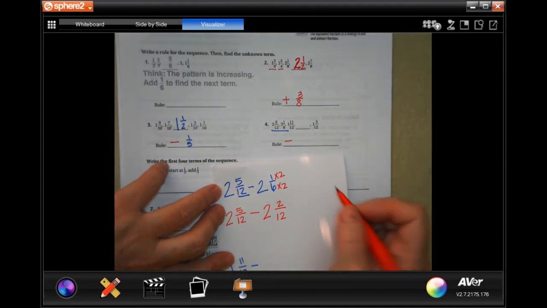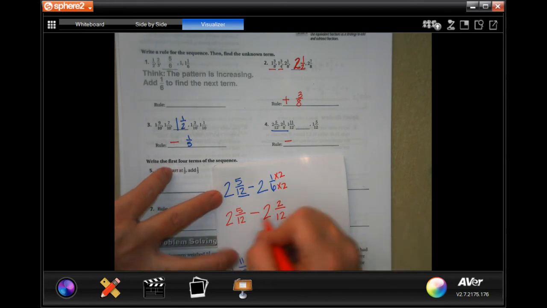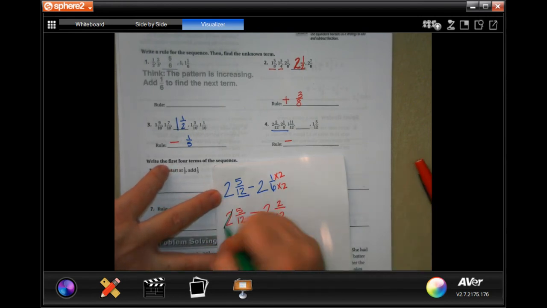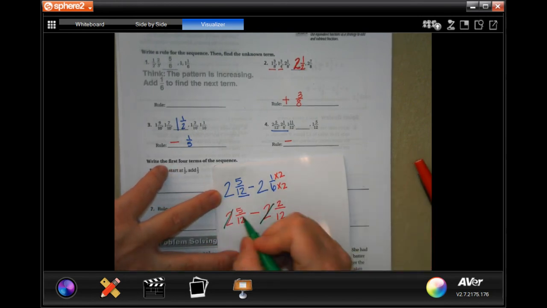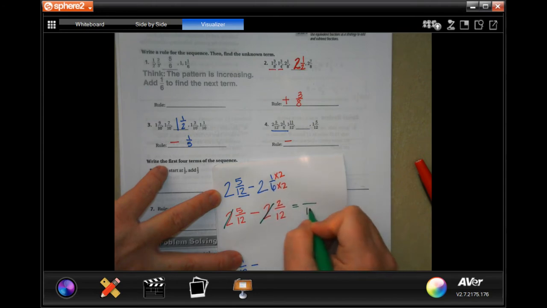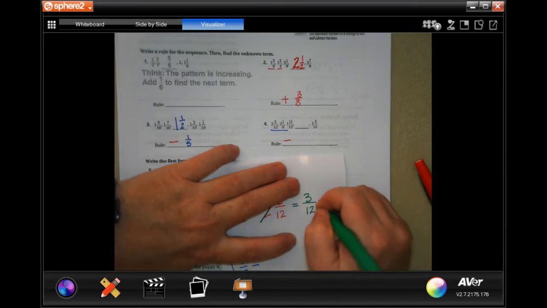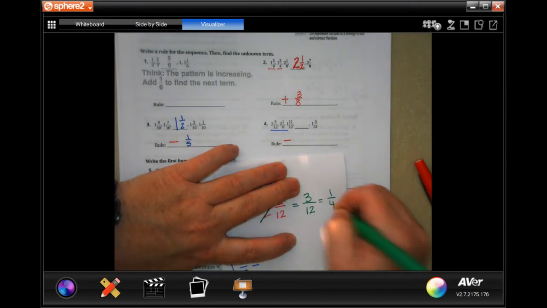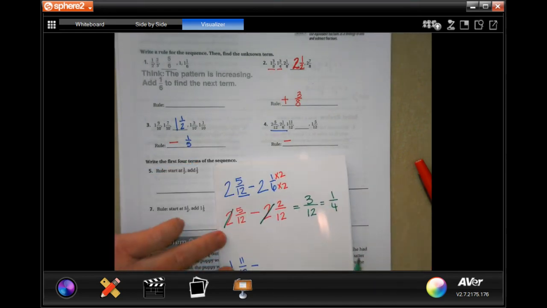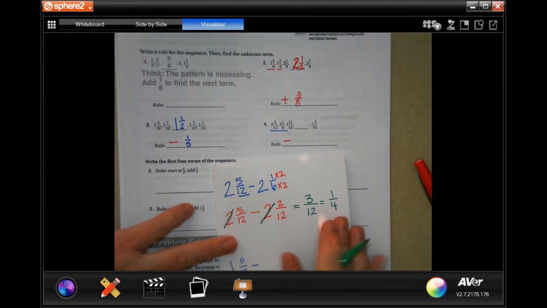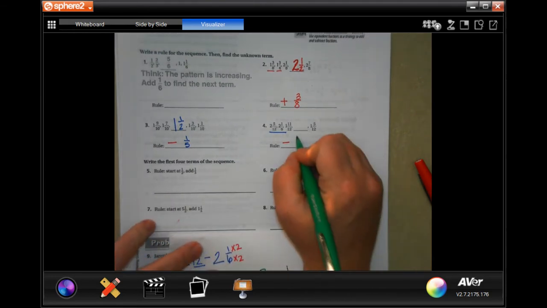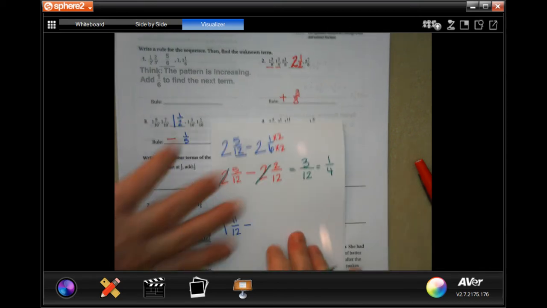Okay? So now 2 minus 2 cancels, ends up 0. The denominator is still going to be 12, and 5 minus 2 is 3. Well, 3/12 is equal to 1/4 if we reduce it. Okay? But for our purposes right here, it's going to be minus 1/4, but for our purposes here,